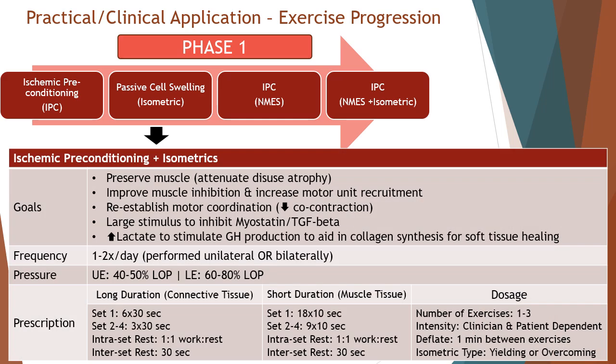If we're looking at the application of ischemic preconditioning with isometrics, so again, if they're going to be active, you may consider reducing the intensity of the pressure back down to your traditional of 40 to 50 for the upper extremity and 60 to 80 in the lower. Your goals are to preserve muscle, improve muscle inhibition and increase motor unit recruitment, reestablish motor unit coordination, decrease co-contractions, a large stimulus to inhibit myostatin, which is